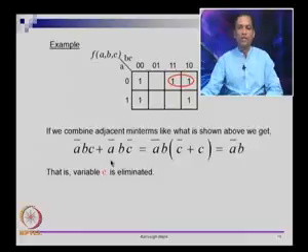So I don't need to do Boolean minimization like this. I can straight away tell you that the ones that are here and here will combine and give you AC bar, and the ones that are here and here will combine and give you A bar, C bar, because it's A